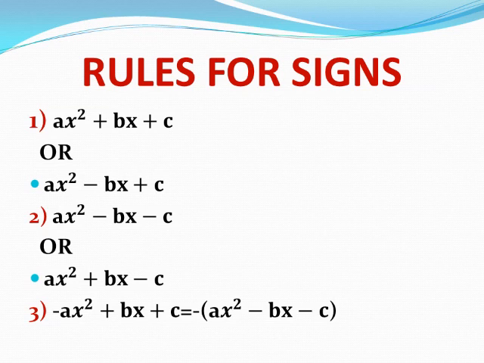Second, when C is negative, its factors have opposite signs. The sign of B tells you which factor is positive and which is negative. The factor with the greater absolute value has the same sign as B. Number 3, when A is negative, take minus as a common. If you have trouble remembering the rules for which factor is positive and which factor is negative, you can try all the factor pairs and check their answers.